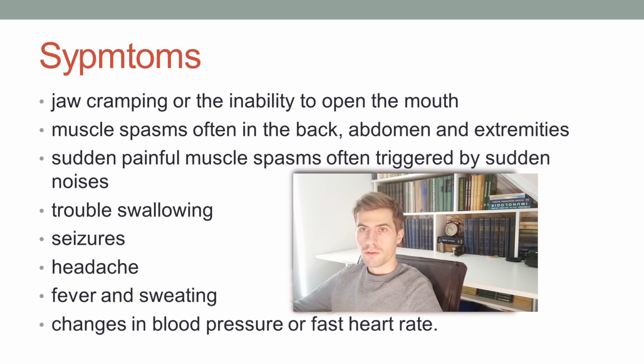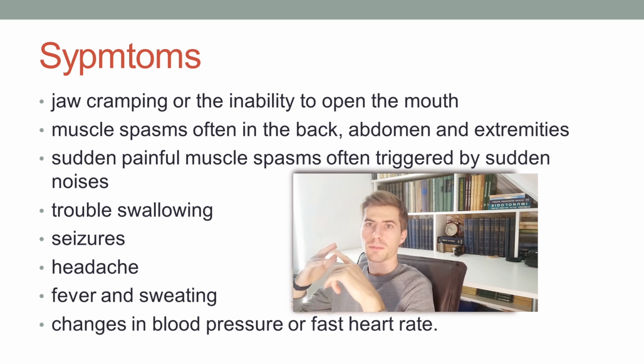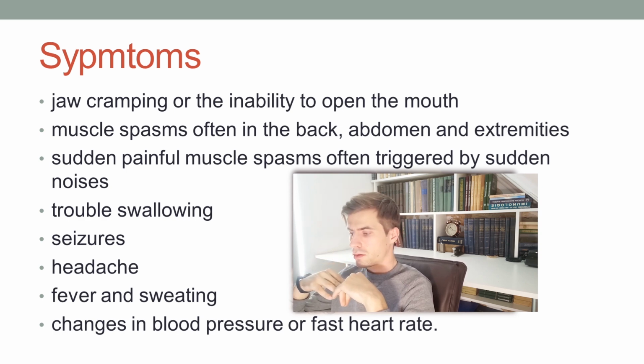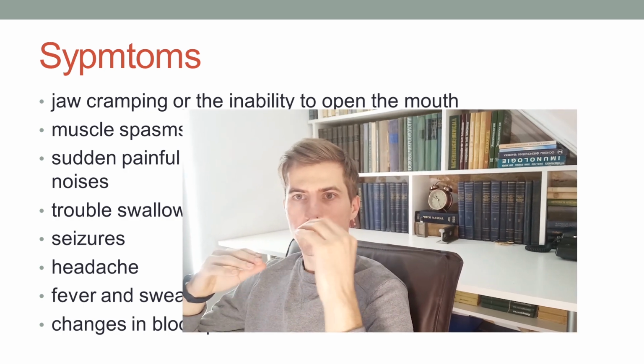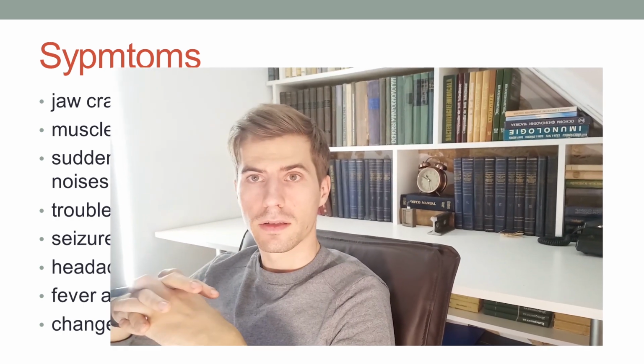The function of muscle is double. Muscle can contract and muscle can relax. For both of these functions, different opposite neurotransmitters are responsible, sending different signals to muscles. In case of tetanus and action of tetanic toxin,